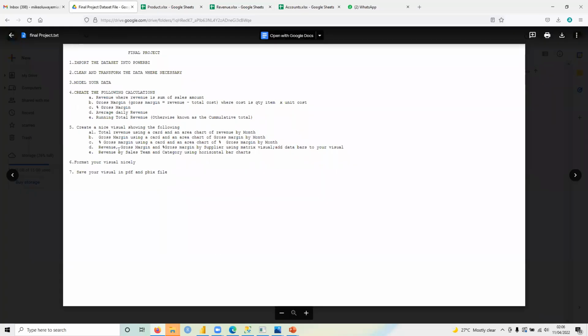So let's go back to the question. Create a nice visual showing the following: total revenue using a card and an area chart of revenue by month. So you are going to create total revenue as a card, gross margin as a card, gross percentage as a card. Sorry, these three as a card, then an area chart showing revenue by month, area chart of gross margin by month as well,